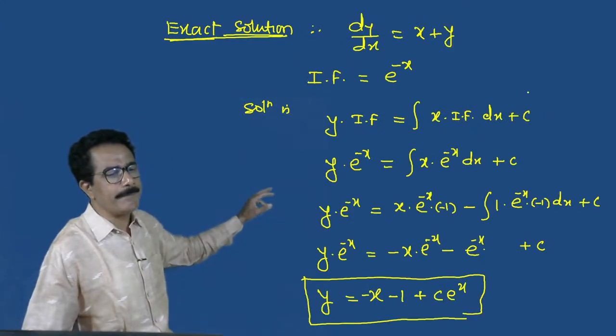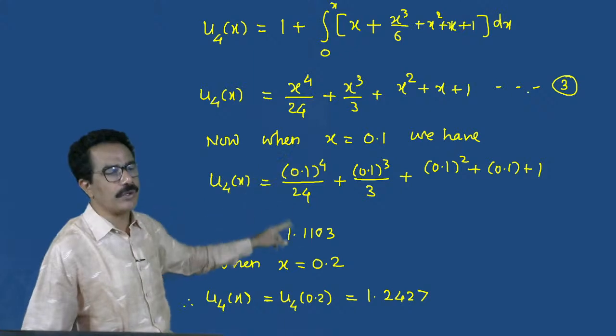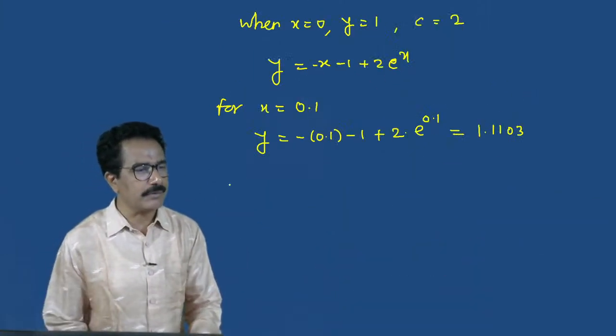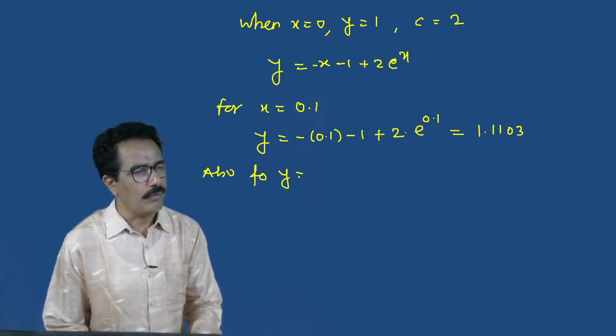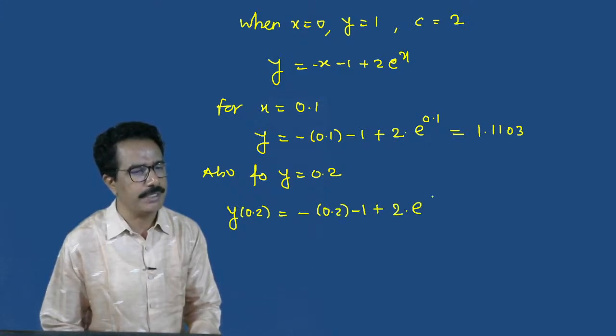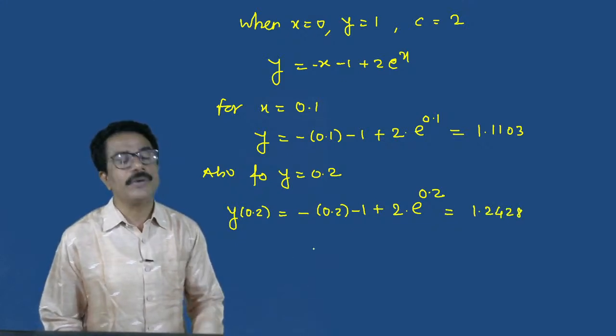So we can compare this with the solution y is equals to 0.1, 1.1103. Similarly we can calculate also for y of 0.2: minus 0.2 minus 1 plus 2 e raised to 0.2, it will be 1.2428. So compare